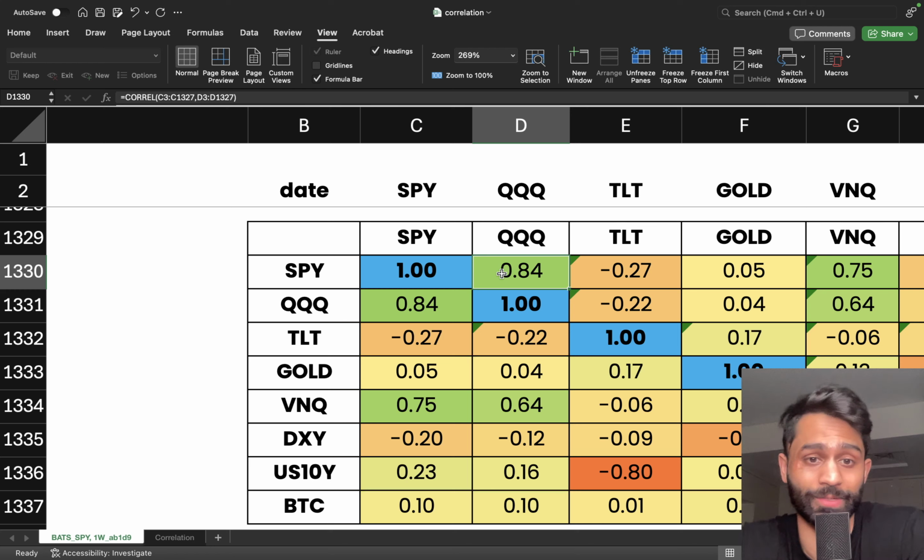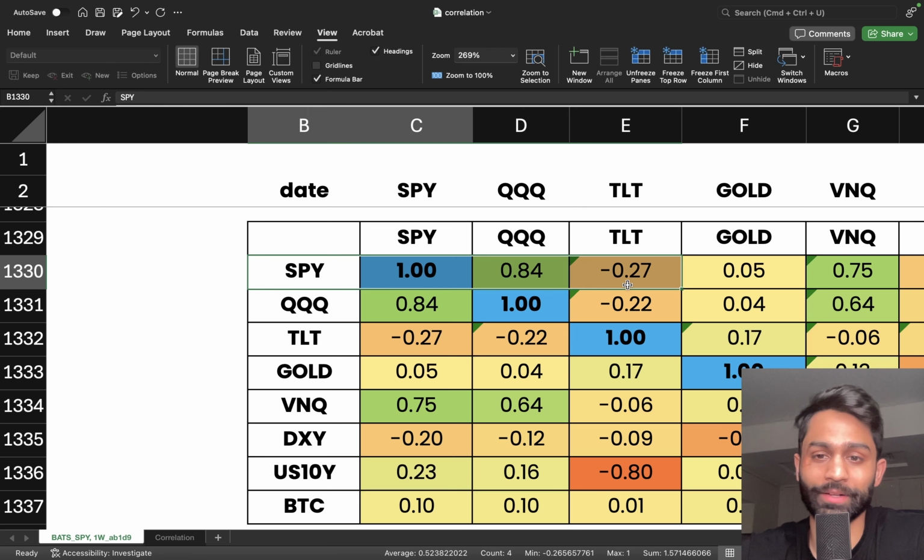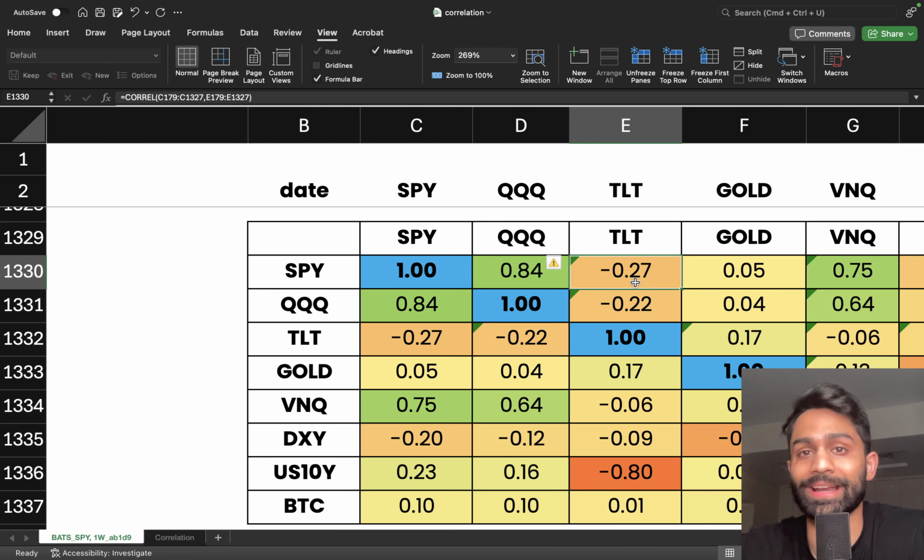And that makes a lot of sense, because we see that every day. When the S&P 500 is up, the NASDAQ 100 is also green. When the S&P is down, the NASDAQ 100 is also down. So that is the positive correlation of 0.84. But when you compare this to TLT, for example, which is the bond ETF, now we've got a negative correlation, right? We've got a negative 0.27. That means when SPY goes up, TLT, over the last several decades, going back as far as the 1990s that we've done the analysis for, goes down.